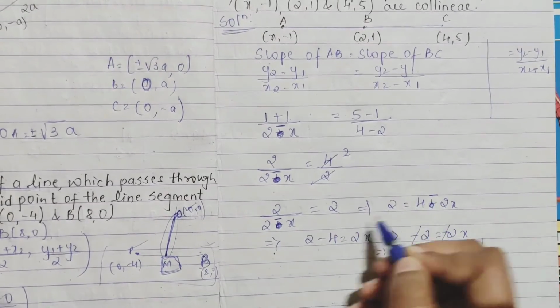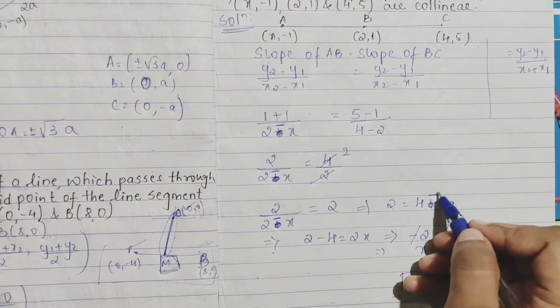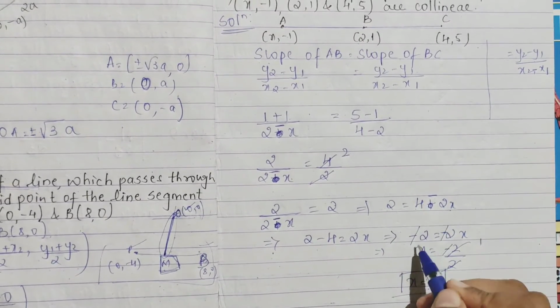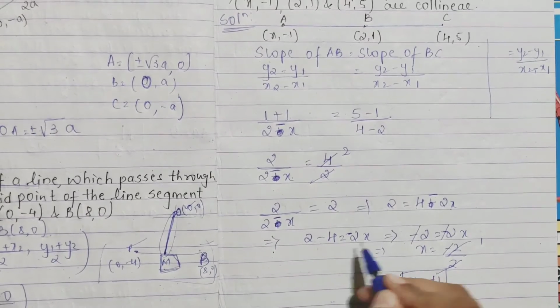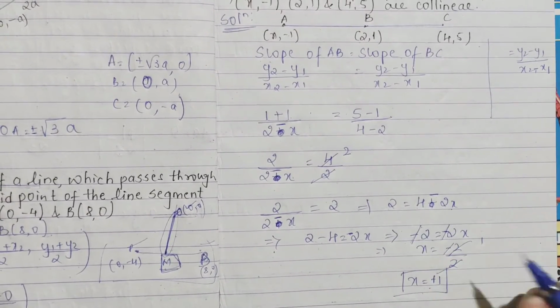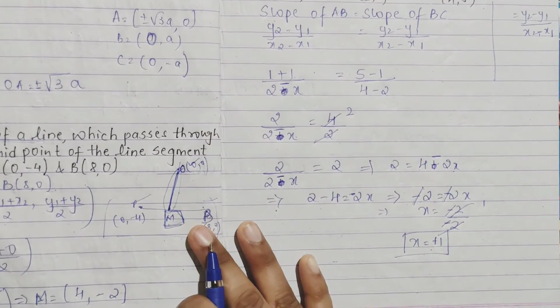Multiplying 2 2s are 4, minus 2 into x is 2x. So if you are taking this 4, or you can take 2 to the other side, 2 minus 4 is minus 2, and here you'll have minus 2x. So minus 2 minus 2x, the minus minus also cancels, right? Here see, 2 is 1, so x value is plus 1.